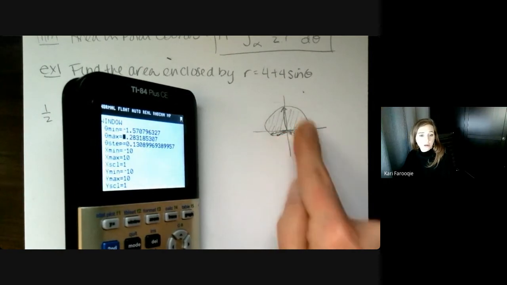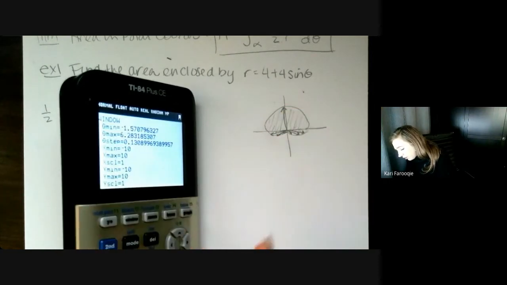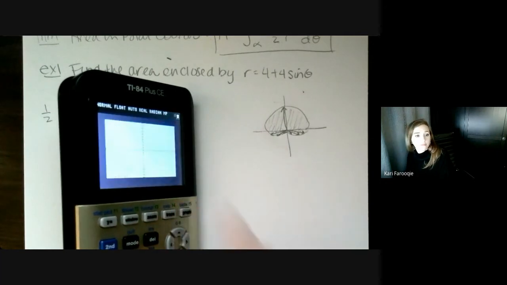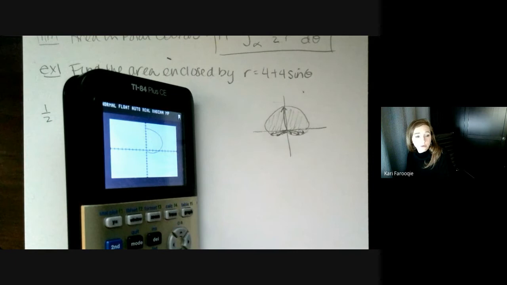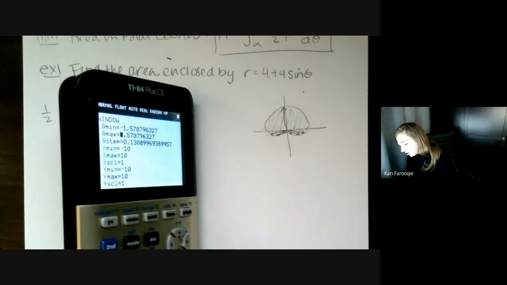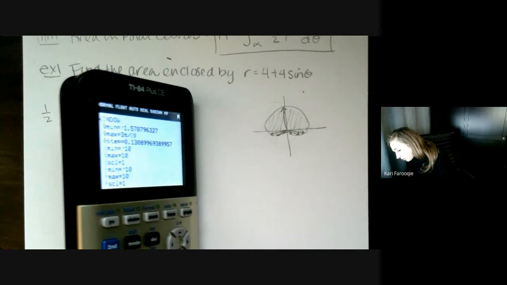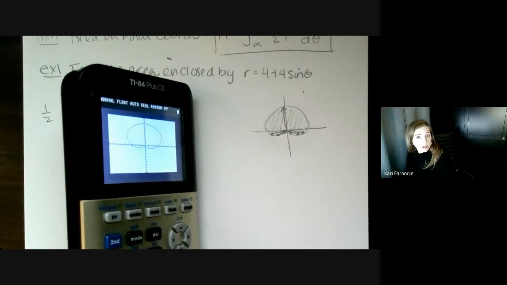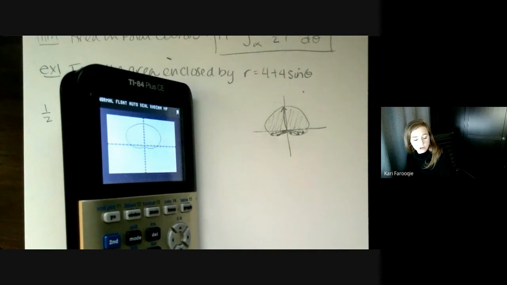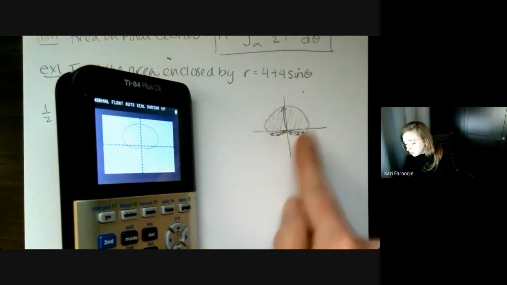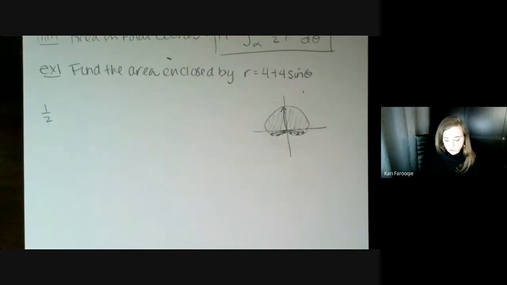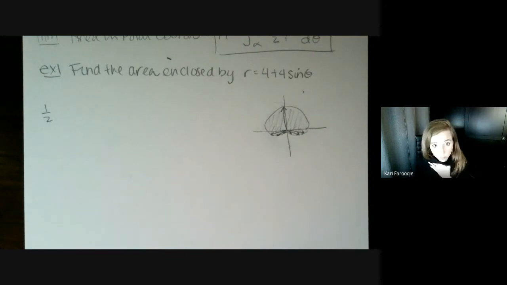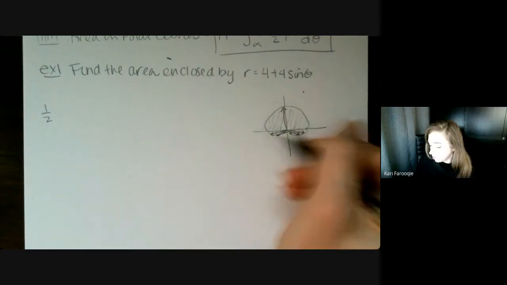Let's say I went from negative pi over 2 just to pi over 2, I would only get the right side of the graph. So that would give me the right side. If I went back here and made it go to 3 pi over 2, I should get the whole thing. So it's up to you. Technically, we could have an infinite number of different correct answers here as far as where you're going from alpha to beta, because you can graph this region in an infinite number of ways with different starting and ending points. I tend to pick the simplest ones, which for me go from 0 to 2 pi.